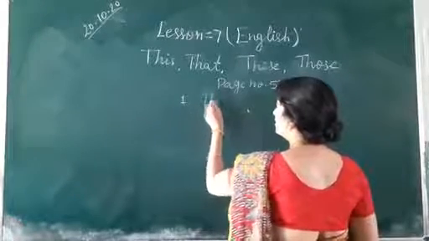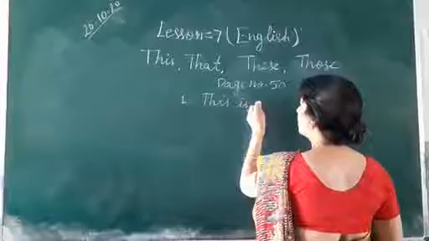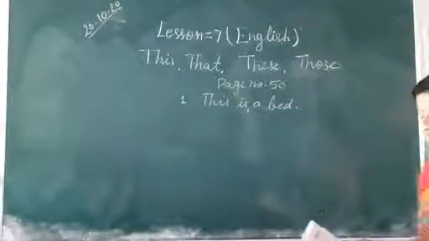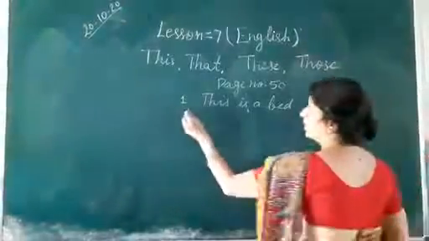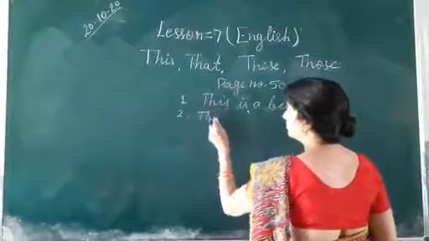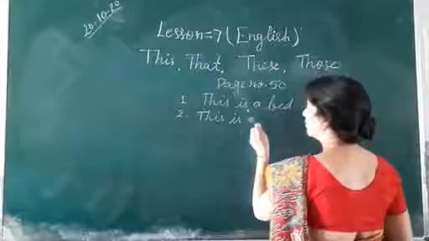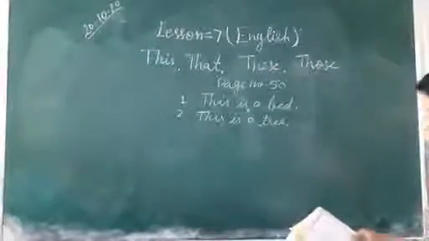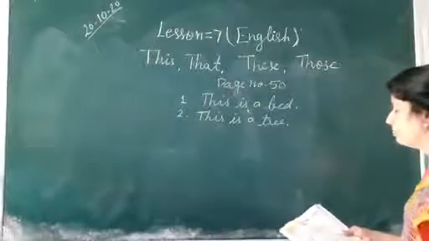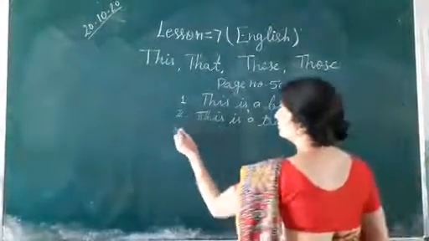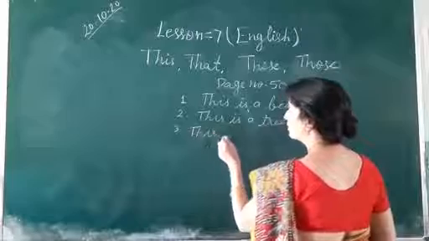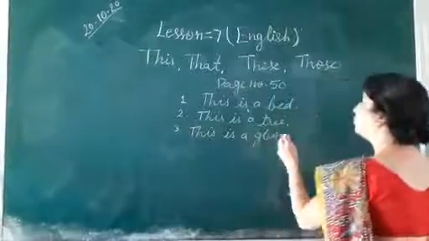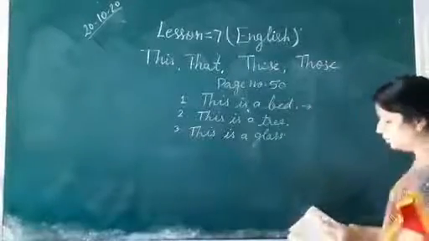This is a bag because bag is near to you. Now tree. This is a tree. This is a glass. जो थिंग्स हमारे पास में होती है,